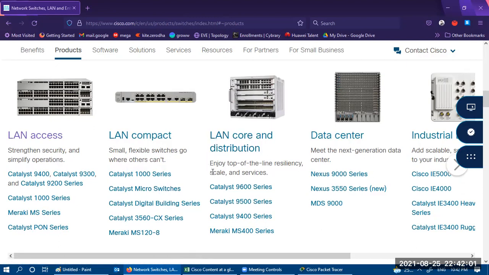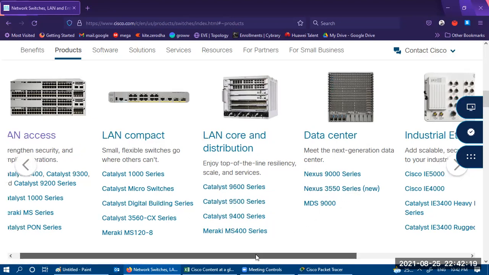Then LAN core and distribution switches like Catalyst 9600, 9500, 9400, Meraki MS 4000. Then these are the data center switches: Nexus 9000, Nexus 3000, 3550 series, MDS series.